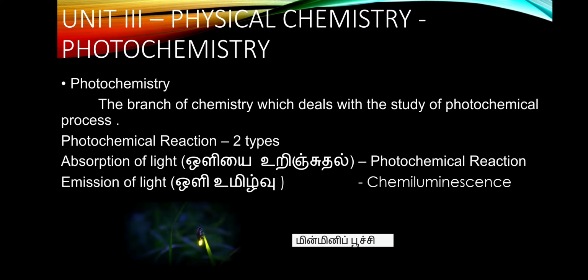Then that branch of chemistry which deals with the study of photochemical processes is what we call photochemistry. And photochemical reactions, we can say, are of two types. One which occurs by absorption of light, and another one is a reaction which produces light, that is emission of light. That we call chemiluminescence or luminescence, and the one which takes place by absorption of light is known as photochemical